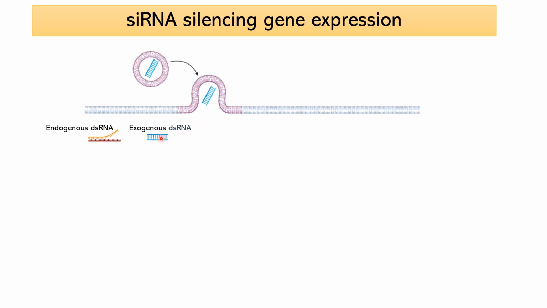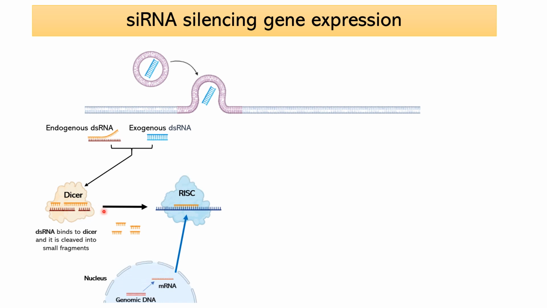Once the viral genetic material is inside, that's considered an exogenous double-stranded RNA. Once these double-stranded RNAs are in the cytoplasm, they're going to be recognized by the enzyme dicer. Dicer will break the double-stranded RNAs and cleave them into small fragments. And in a similar way to what happens with microRNAs, the RISC complex will bind the mRNA